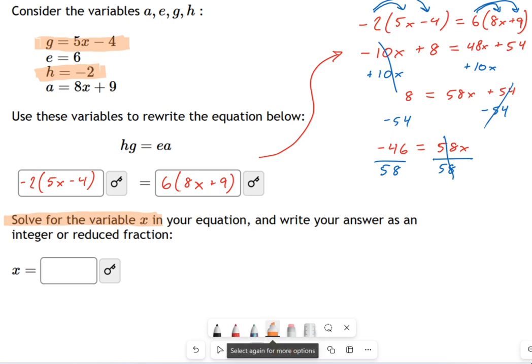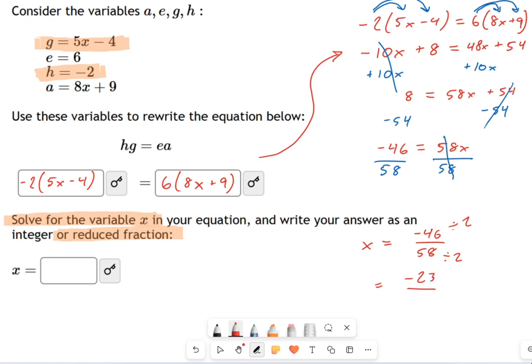But I would really prefer you keep an eye on this where it says reduced fraction. Okay, so yes, x is negative 46 over 58. But maybe let's be a little careful and divide top and bottom by 2. Okay, what do we get? We get negative 23 divided by, I think, 29. Okay, so that should be our answer. Negative 23 divided by 29. Watch out for that reduction at the very